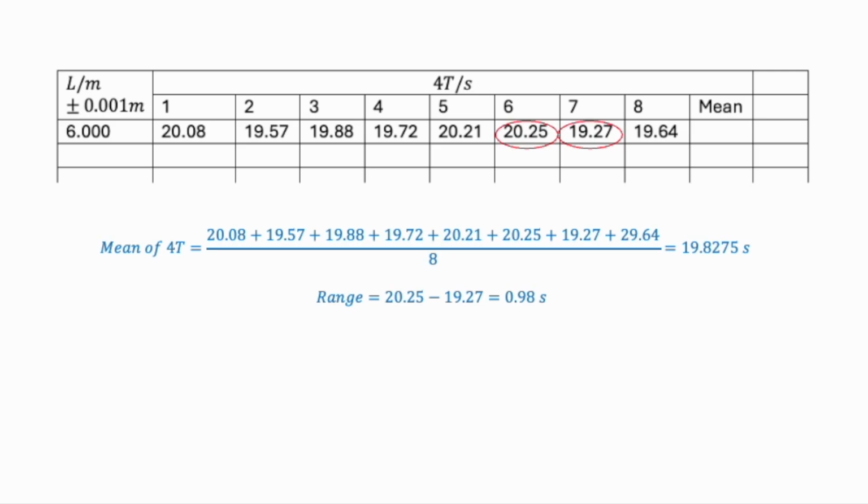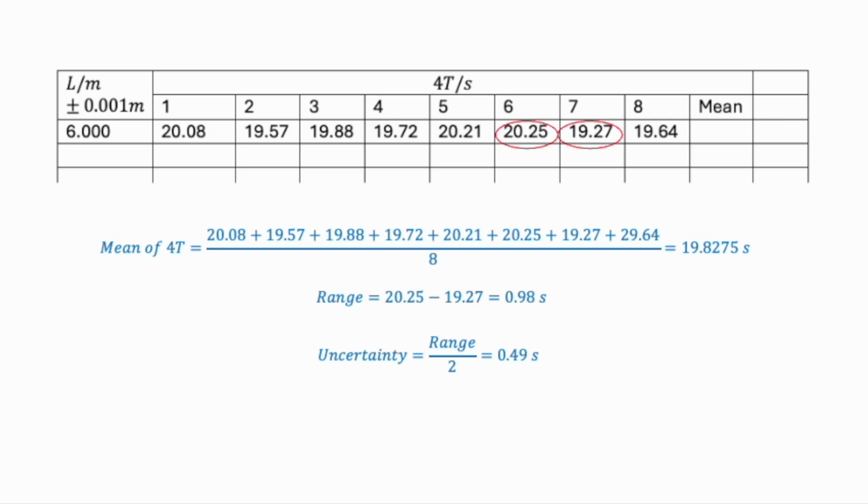Now, that's the spread of the whole thing, but my value could be up to half that spread either side of the middle, either side of the mean. So to get the uncertainty, which we always write as plus or minus a certain amount, I'm going to halve that range. So I'll just divide that by 2 and I get 0.49 seconds. Okay, so because I could be up to 0.49 seconds, up to about half a second out from the mean